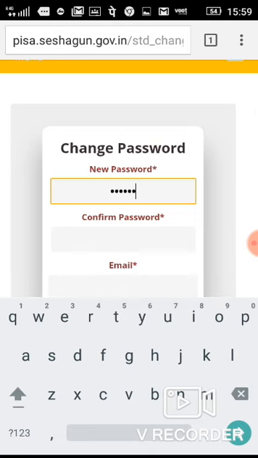Then you have to enter the email ID. If you don't have your own email ID, then you can enter your parent's email ID, mother or father. So I enter the student ID.